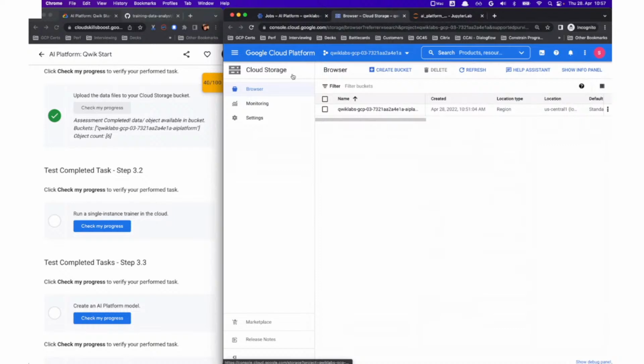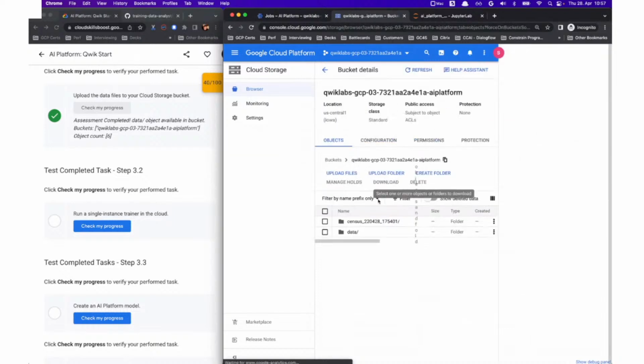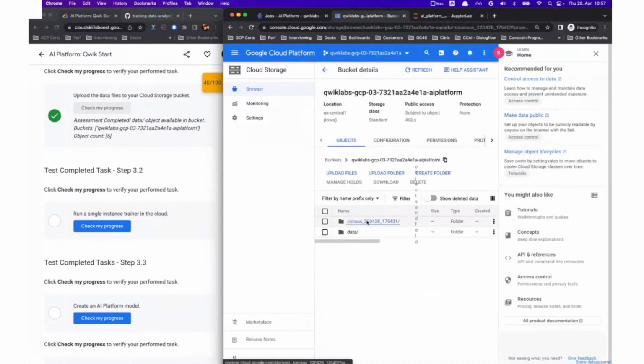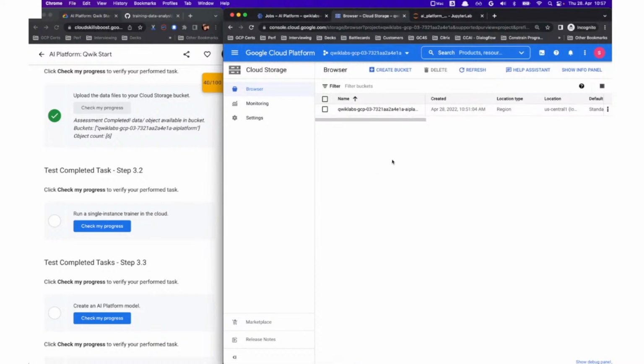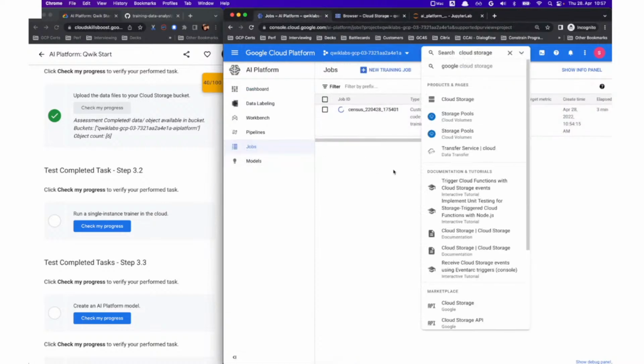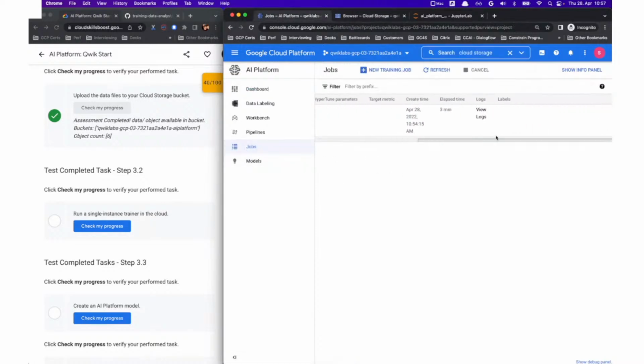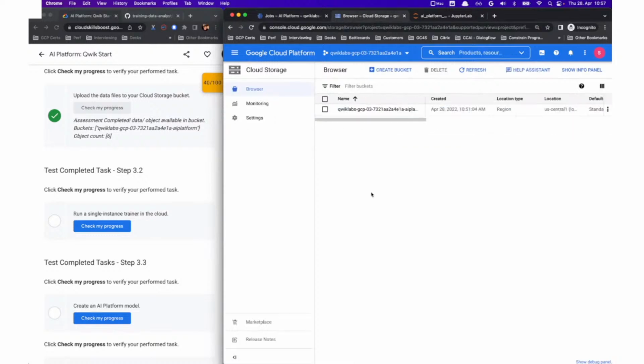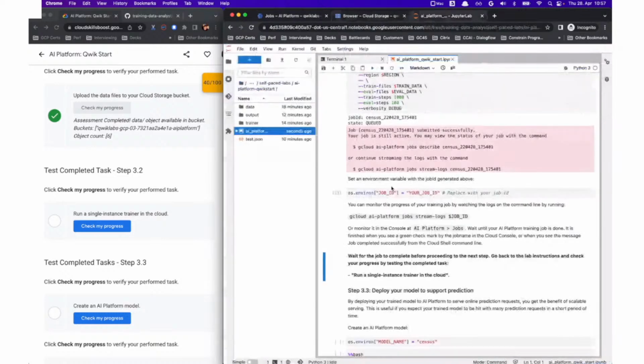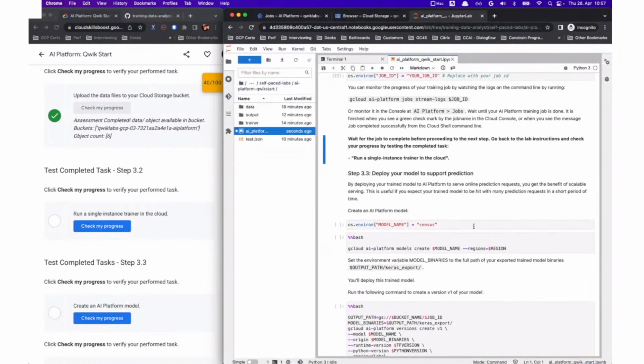We'll see how in cloud storage we have the bucket. It has the data we've created. It already has the model we're kicking off as well, with all the data in there. And then on the AI platform side, we'll see how the job is still running. The last step to perform here will be to create a model. Right now we're training that model, but the other thing that we can do in AI platform,